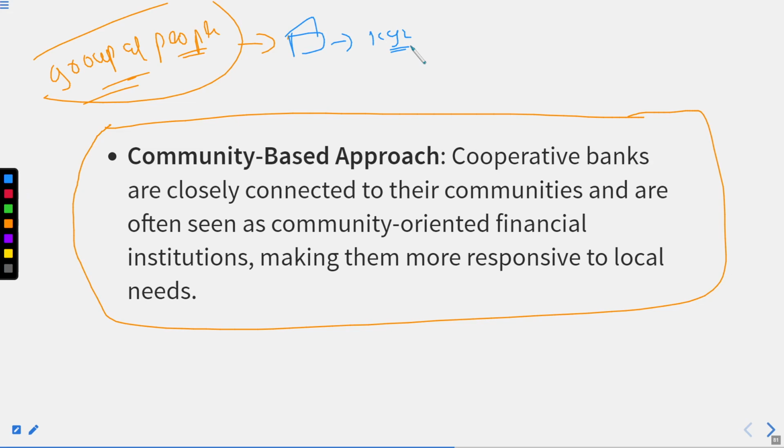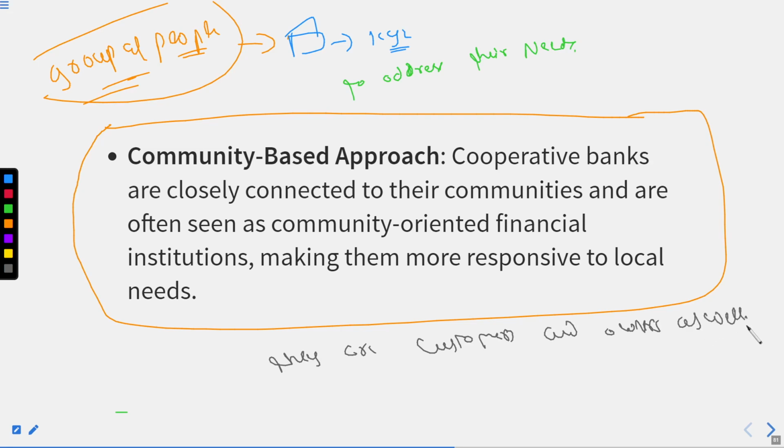So their prime motive behind establishing the XYZ is to address their needs. Okay. Second thing is that they are customers and typically owners as well, right? So if we go by these things, we will find out automatically the bank is responsible for the community of the group of people who establish it,